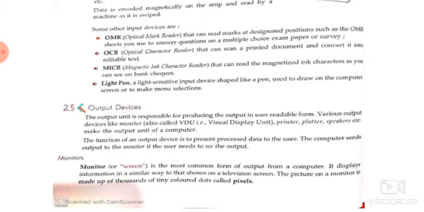The smallest unit of the picture that we see on a monitor is the pixel. Any image is a collection of thousands of pixels, and the more pixels there are, the better the picture quality or the quality of the display will be. There are different types of monitors which are used.